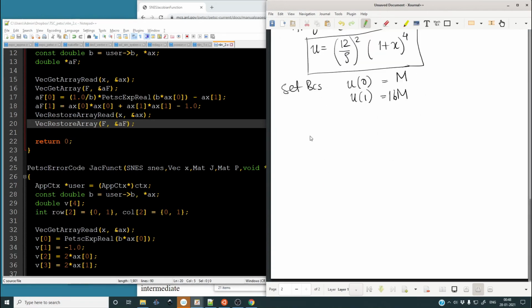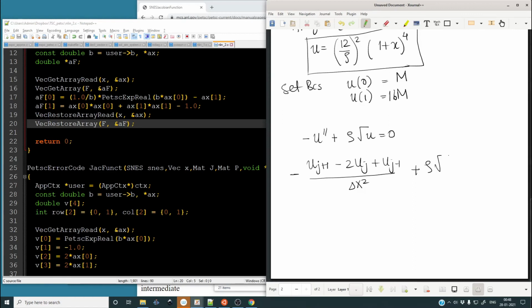So what do we have? We have minus u double prime plus rho square root of u is equal to 0. This is minus uj plus 1 minus 2uj plus uj minus 1 upon delta x square plus rho square root of uj is equal to 0. Essentially, this is the equation, and if we have